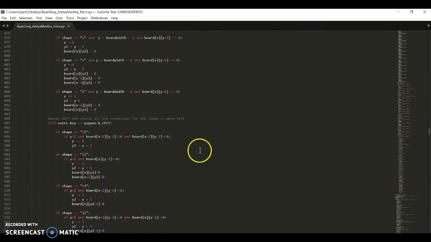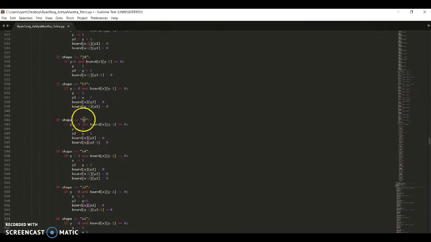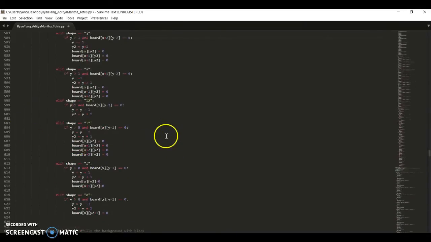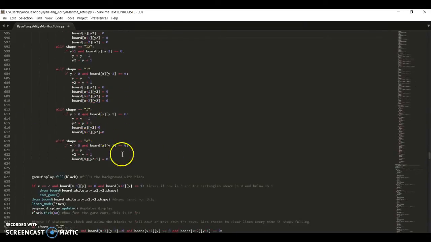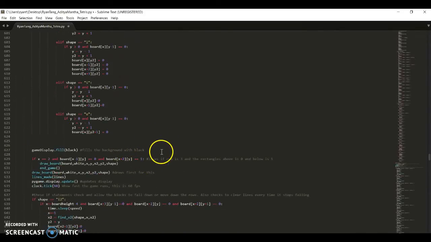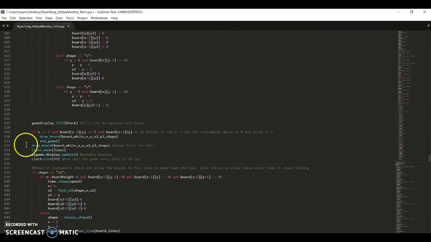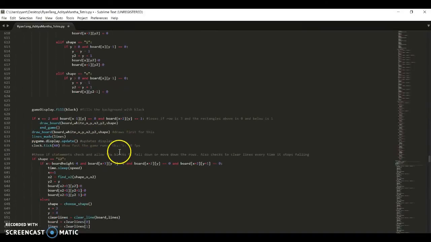If you press left, which is the left arrow key, it moves the y value -1, which is moving it left. And here are all the if statements that check for each shape. After checking if it can move left or right, it fills the background with black, and it checks if you've lost. If you've lost, it would end game, which goes to the function that was made before this. Then it draws the board, counts the number of lines made for the score, and updates the screen, which is